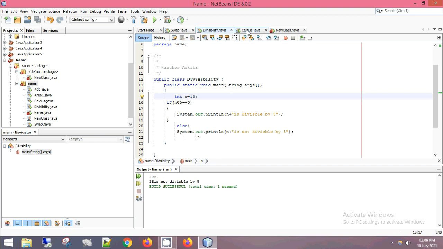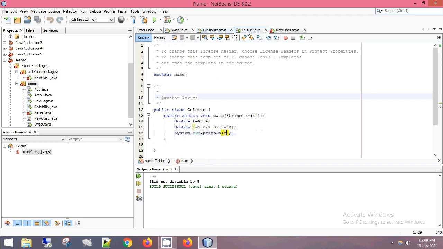Now the next code is Celsius. In this I am taking the temperature in Fahrenheit and then converting it into Celsius. So over here I wrote public class Celsius, public static void main, double F in that. Now over here, one thing you might notice is that we have used a new data type, that is double. Double is basically used when we are using decimal values, otherwise int is used when we are using integer values, that is, without decimals.